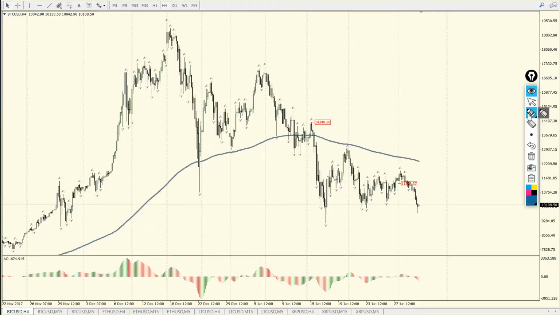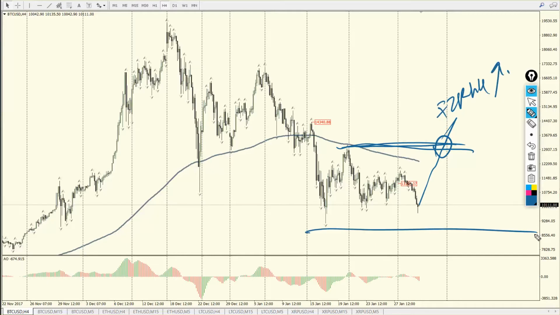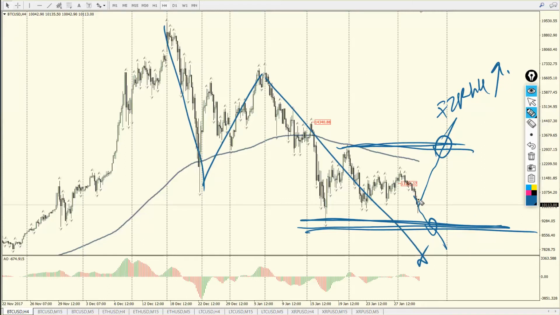Bitcoin against US dollar. If you remember my last review, I mentioned this reference point and I said that if we break through this reference point, we will have an FZR of H4 up. And as long as it's not broken, this cryptocurrency stays in a flat phase. From the other side, I mentioned this reference point and I said that once we break through this reference point, we will have a continuation of the whole trend. The FZR of all time frames is still intact. Once we break through this reference point, the trend will continue and this pivot point will now move into this place here. So that's for those who are looking: is it the time to buy?